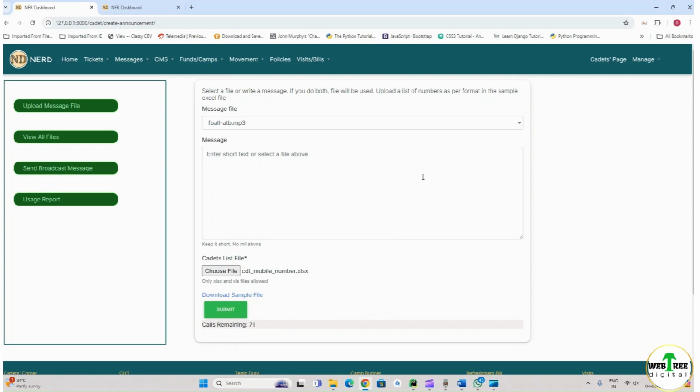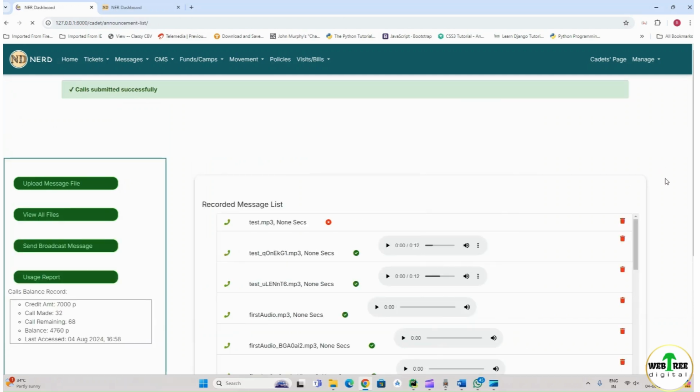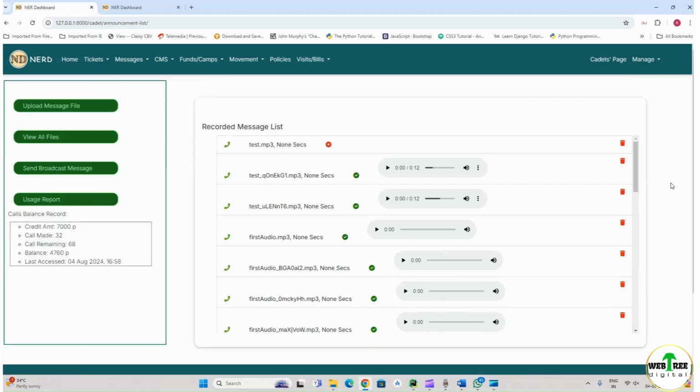Now after this, I will be receiving a call the moment I submit this file, which I'm going to do just now. So I submit, and the backend will take a minute or so. It has taken less than that. And here I'm getting a call on my mobile,